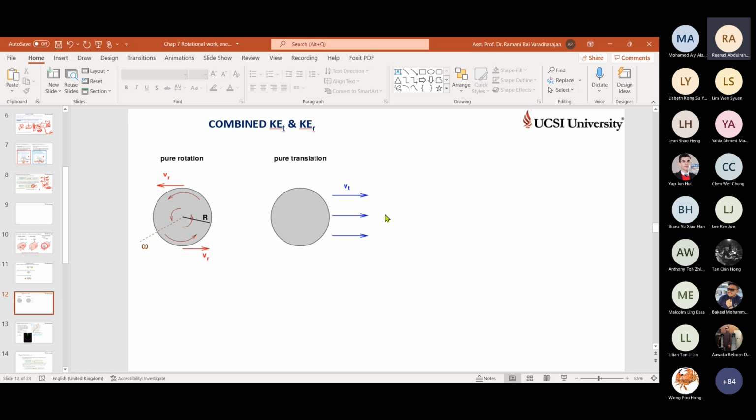VT is only changing, right? Displacement from one place to another, in the X direction, Y direction, or Z direction. No angle. Later I will show one very good example of how radians and degrees exist. For now, as a reminder, I will give you the chart. Whenever there is a rotation or displacement in angle or radians, then it is a rotation. When the displacement is in meters, X meter, Y meter, Z meter, then it is called pure translation or displacement or transverse motion.